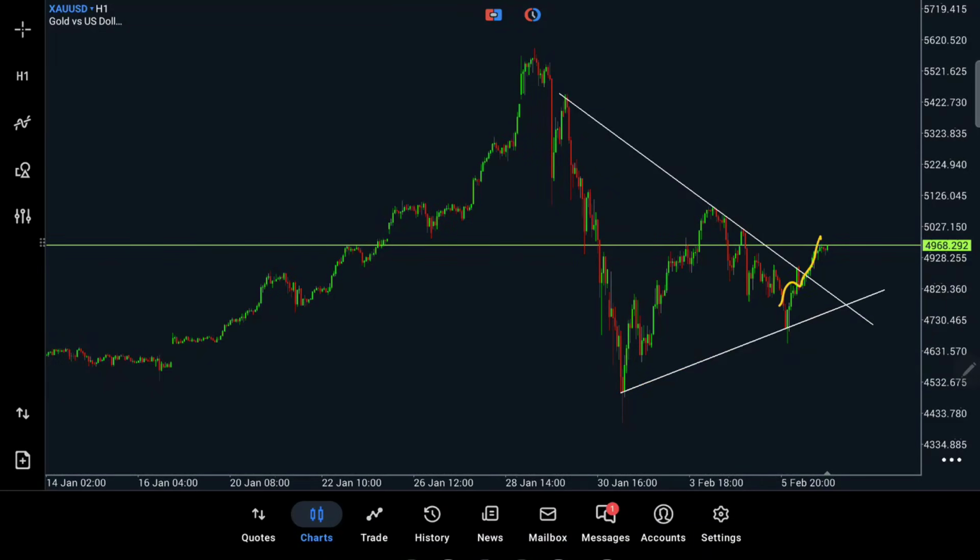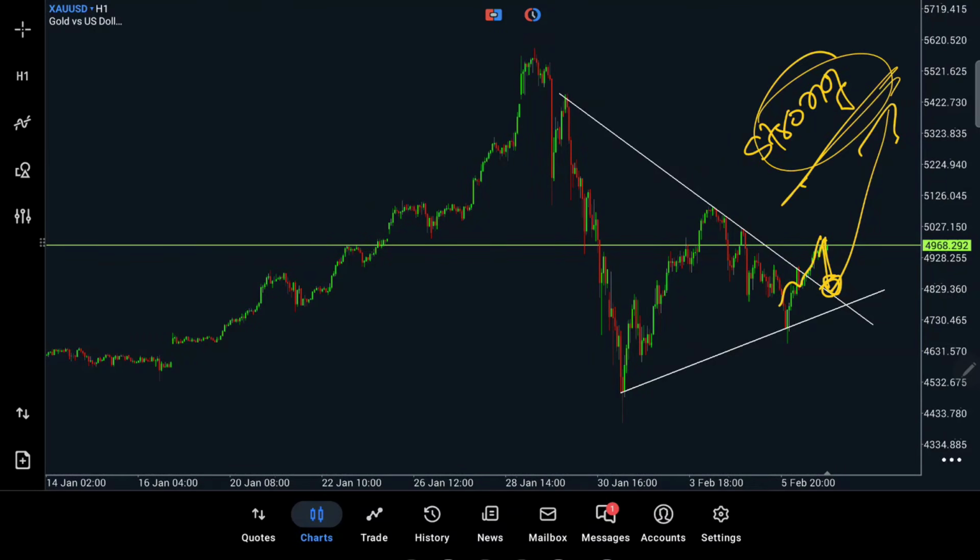There is already a breakout, so I always prefer to wait for a pullback, then we can consider a buy. From my point of view, we have to wait for the pullback on Monday for buying. The market is still strongly bullish, so we have to consider buy until the peaceful agreement happens. If you want to sell, you have to wait for the peaceful agreement. Until that, we will continue buying gold.